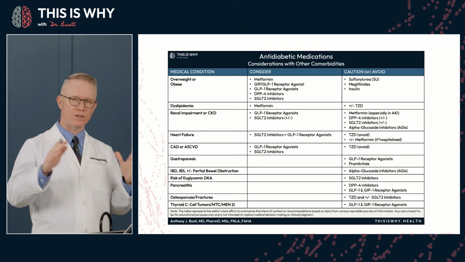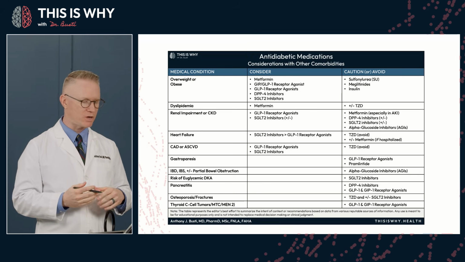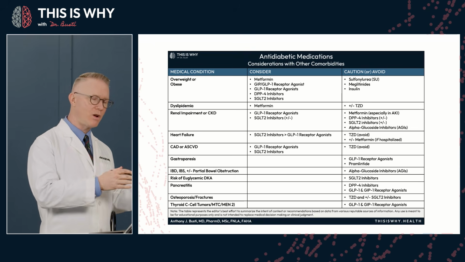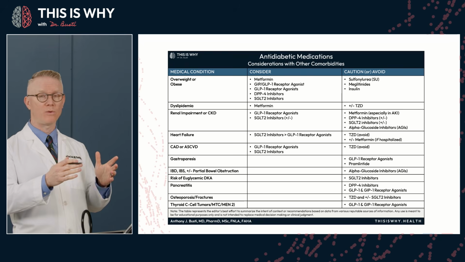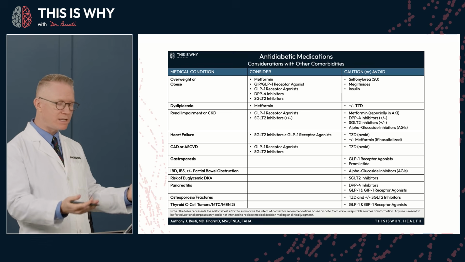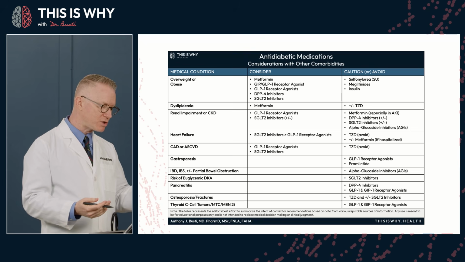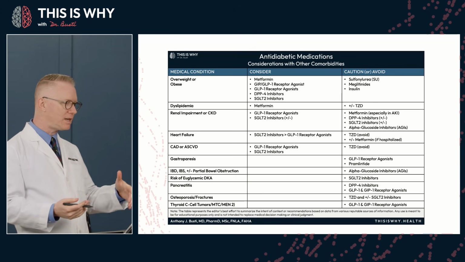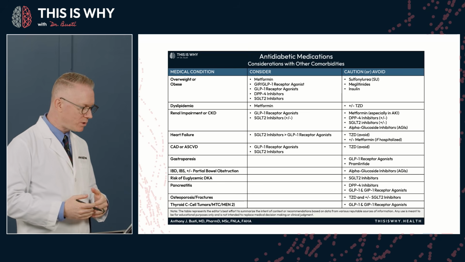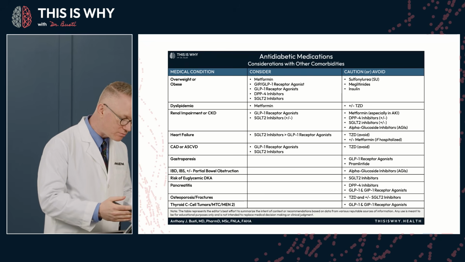That makes us move on to the last table that I always provide in this series on anti-diabetic drugs, which is what medical conditions would I consider TZDs and other drugs, and what medical conditions or comorbidities would I avoid drugs and drug classes. And so I put it in the context of other drug classes as well here. So on the far left, we have our medical conditions like obesity, dyslipidemia, CKD, heart failure, right? And so where would we consider to use TZDs? That column shows none,